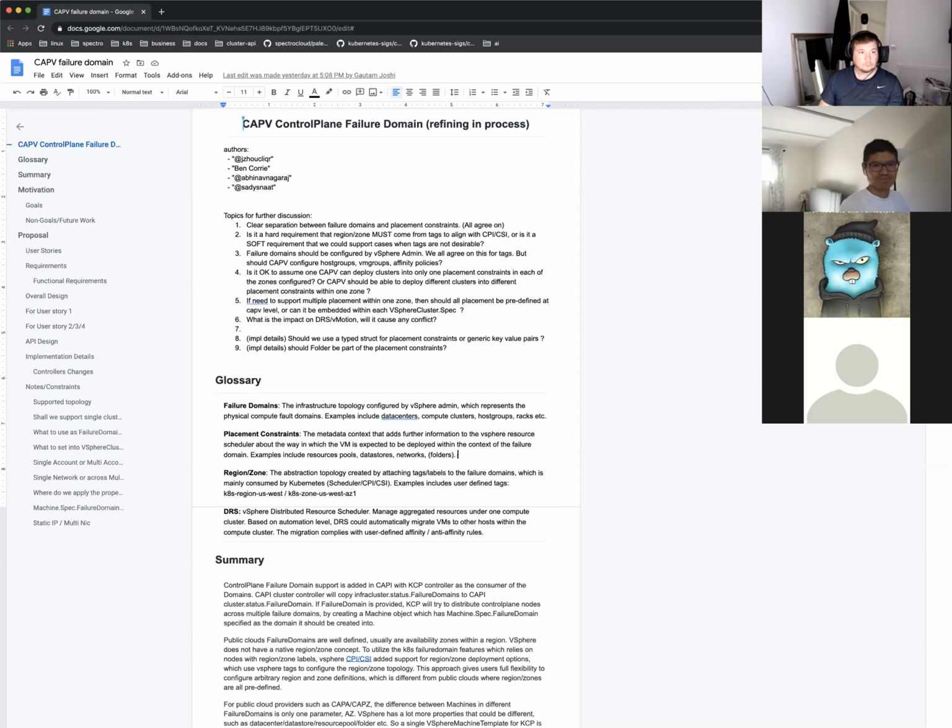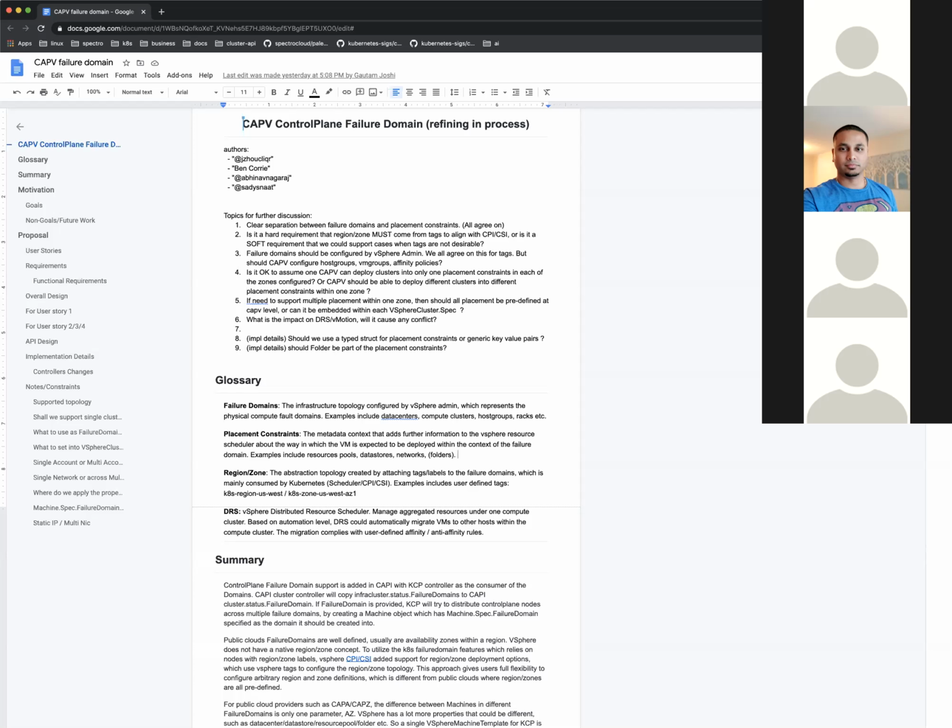Well, then is another approach to say that if you want to take advantage of the host group scenario, the vSphere admin needs to set up a host group ahead of time, and then pass the reference of the host group to CAPV? That would mean the host group would be an additional explicit fault domain that we provide, rather than being a placement constraint. Does that work? Would people be happy with that?